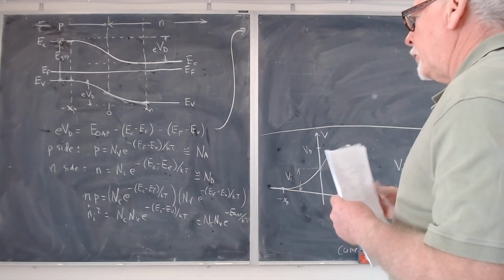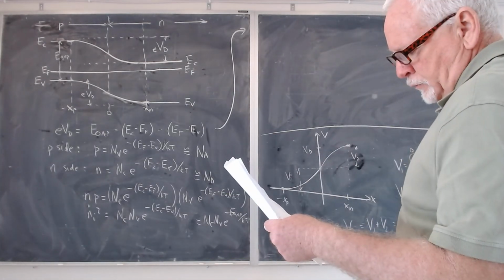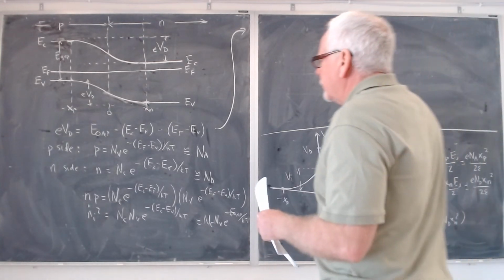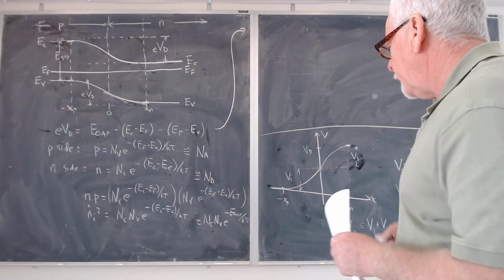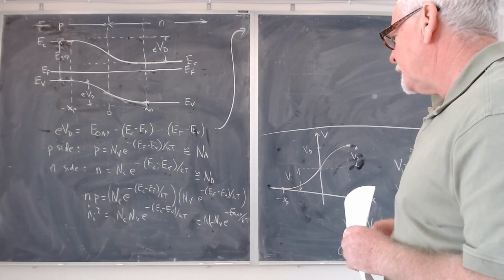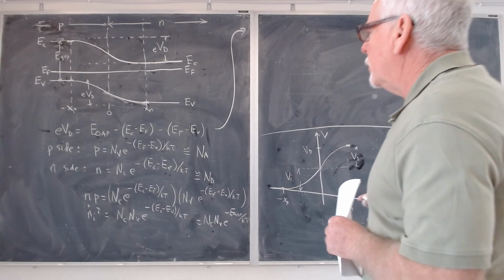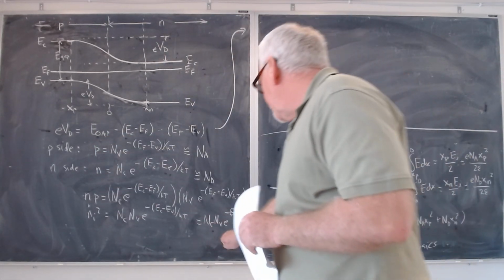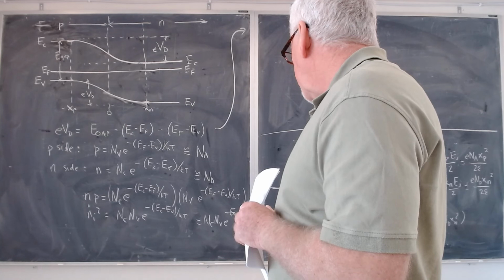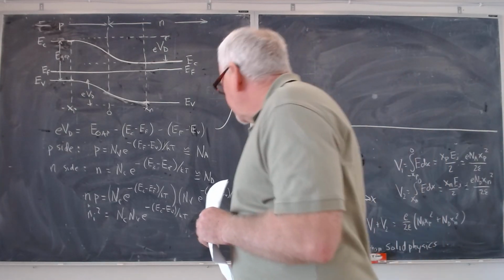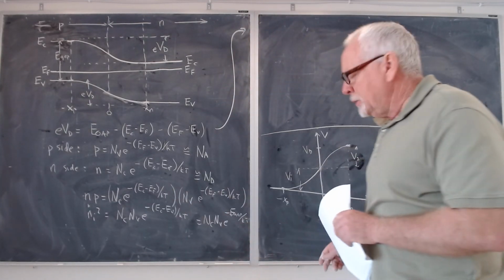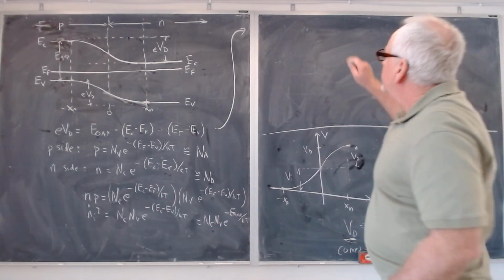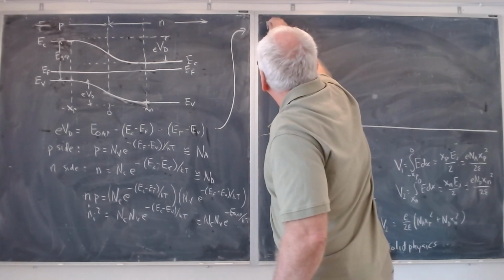So putting that together, I did this just before I started here. Because I did it with a different flow, but let's go ahead and see if it works. Okay, so E gap. All right. So E gap comes from this equation. And so, if you think about it, what we're going to do is, I'm going to skip some steps. We're going to put e to the minus E gap, we're going to put that on the other side, so we can write that E gap